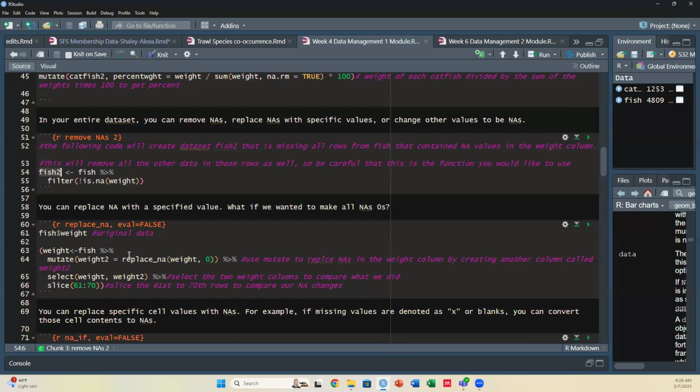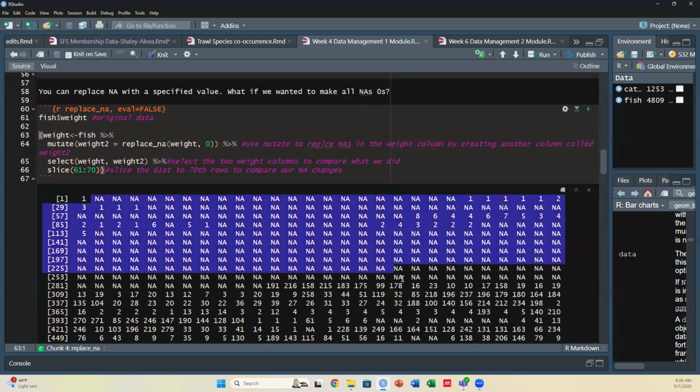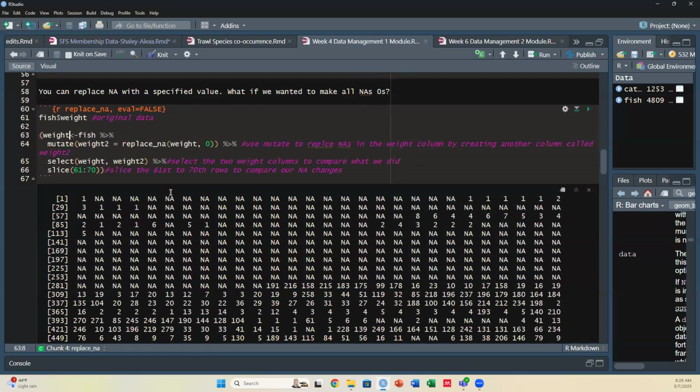This is a new function now. So you can replace NAs with a specified value or vice versa. So what if you wanted to make all NAs 0 for some reason, or that they actually did mean 0, like 0 catches? So this is our original data for weight. Lots of NAs in here. Many, many, many NAs. Maybe we want to say, okay, let's take the weight column here of the fish data set and we want to make it a new column, so mutate, and we have this column named weight 2,